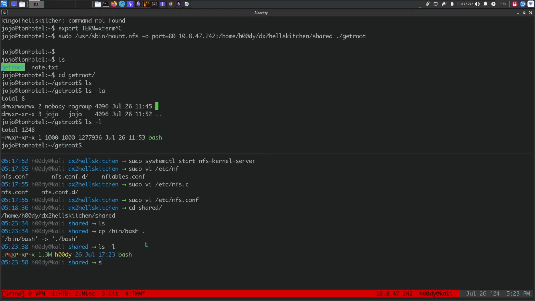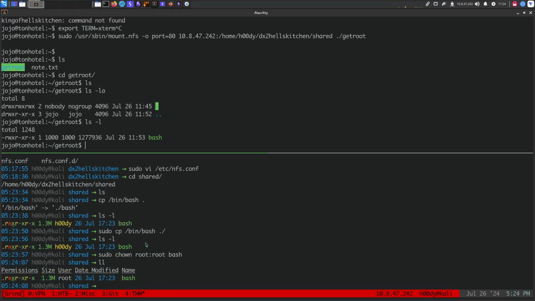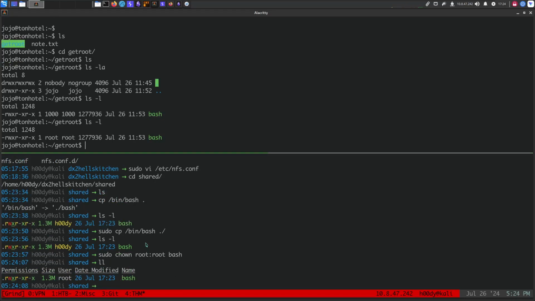Let's sudo copy /bin/bash here. Let's see now what we have. Okay, we still have. Let's change its permissions. sudo chown root bash. Let's see what we have. Root. Let's check again. So it's owned by root, and let's make it chmod